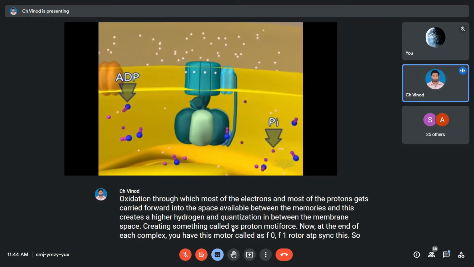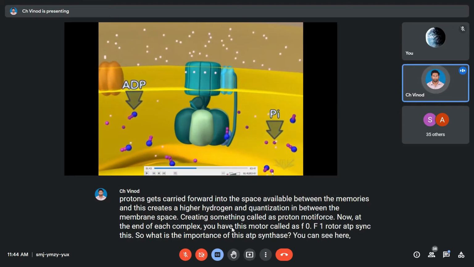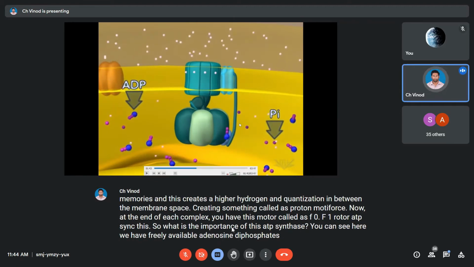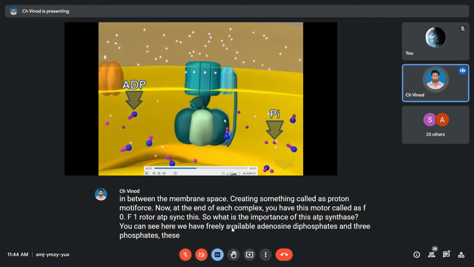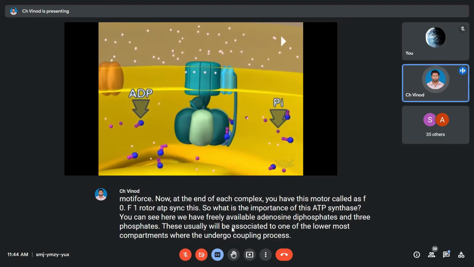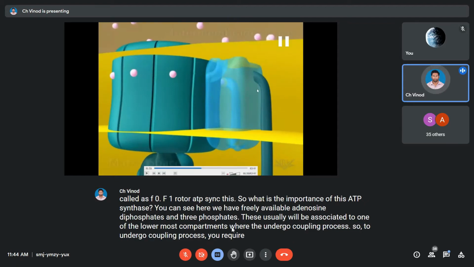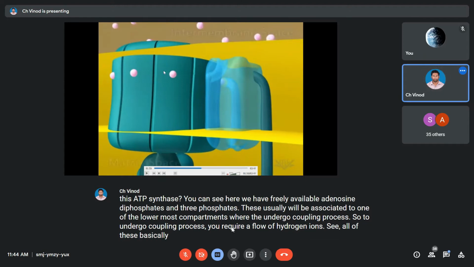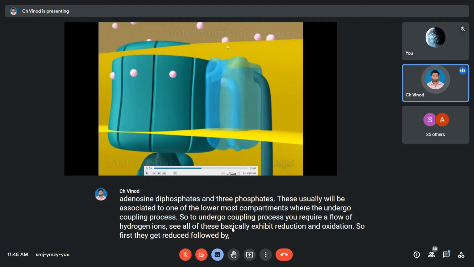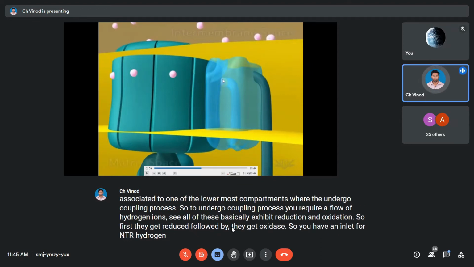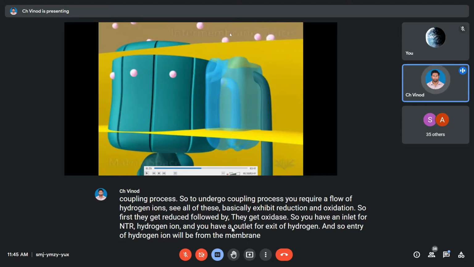So what is the importance of this ATP synthase? You can see here we have freely available adenosine diphosphates and free phosphates. These usually will be associated to one of the lowermost compartments where they undergo the coupling process. To undergo the coupling process, you require a flow of hydrogen ions. All of these basically exhibit reduction and oxidation. So first they get reduced, followed by they get oxidized. You have an inlet for entry of hydrogen ion, and an outlet for exit of hydrogen ion. Entry of hydrogen ion will be from the membrane space, and exit will be into the matrix of the